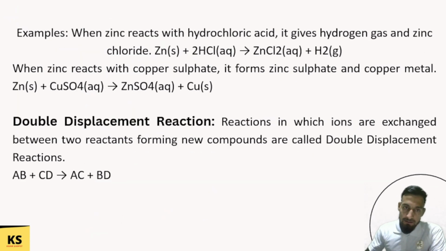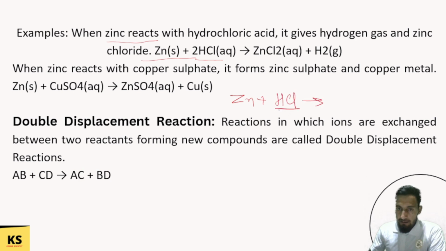We will be taking examples. For example, when there is a reaction between zinc and hydrochloric acid, it gives hydrogen gas and zinc chloride. What was the reaction? Zinc plus HCl. This is already a compound and zinc is an element. Now, in order to make this reaction happen towards ZnCl2 plus H2,